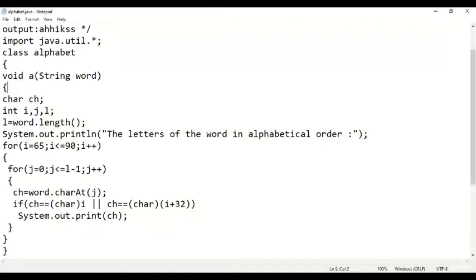Yes, we did not use break here because we wanted to compare every letter of the name. Exactly. If we use break here, then it will not compare to the next letter. Break is used to come out of the loop, but we do not want to come out of the loop. We have to compare with every letter. In your name, Dhara, there are 3 A's. If we had used break here, then when the first A is compared here, the remaining two A's would not get compared at all, isn't it? So we do not use break. We have to write all A's in the beginning. After that, the rest of the letters. So we will not use break in this case.